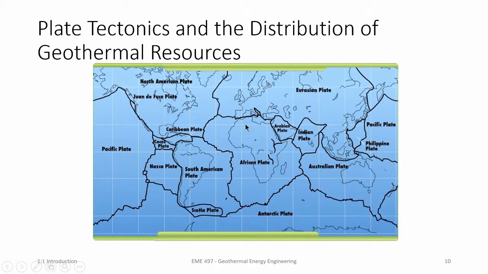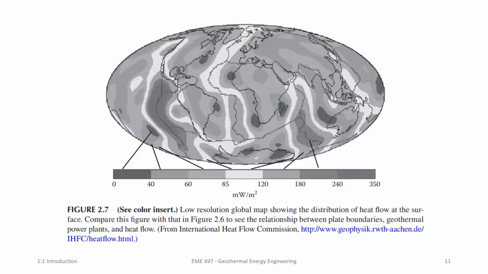Okay, so as the Earth began to cool and this nice crust layer that we live on today became solid and livable, plates began to form. As everyone's familiar with, tectonic plates are floating on a layer of liquid magma, which allows them to move around freely at a very slow rate, but in fact they are constantly moving and shifting all the time. Here this shows the heat flow on Earth, and as you can see, the plate boundaries are where there's a significant amount of heat flow from the center of the Earth.